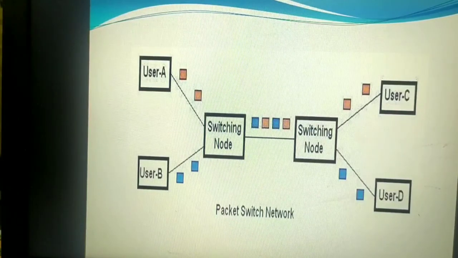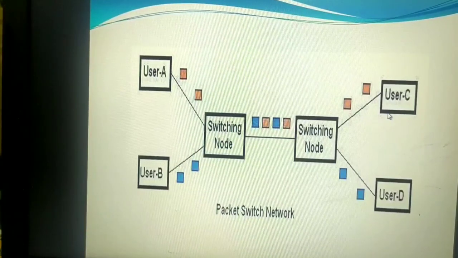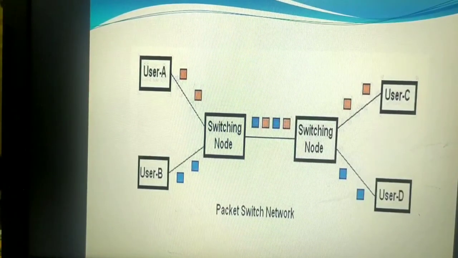Each packet is tagged with the source and the destination address. This allows the packets to take a variety of possible paths; there is no fixed path to travel. A sequence number is added to each packet, so that at the receiving end the packets are reordered by sequence number, and the original message is reconstructed before it is handed over to the destination. So this is all about packet switching networks. Okay, so this completes the switching techniques.